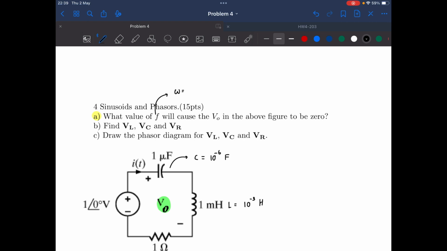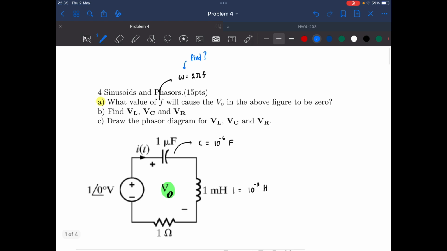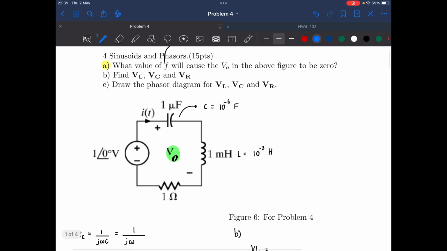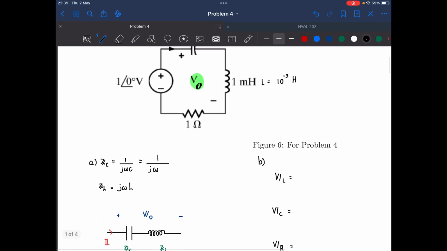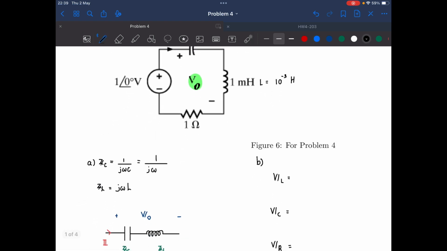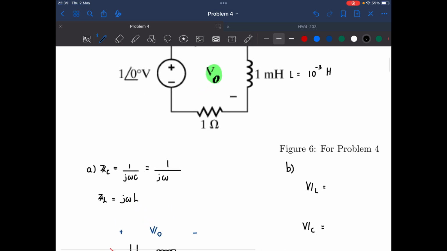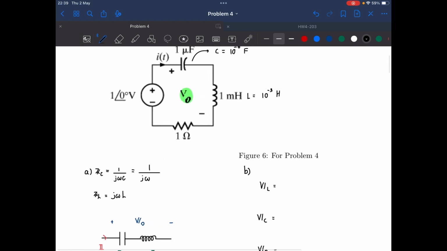omega is equal to 2 pi f, which means that we have to find this omega. So how do we find the omega? We have to know something related to omega here, and we know that the impedance has omega in it. So we're going to calculate the impedance for the capacitor first. We know that it is 1 over j omega c, right? And then I will substitute c here to be